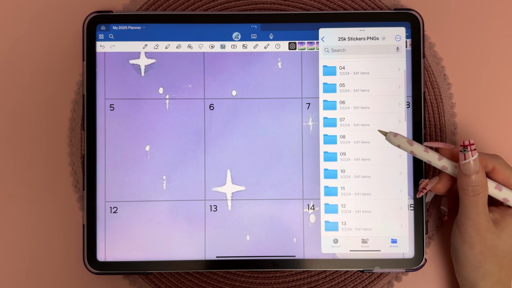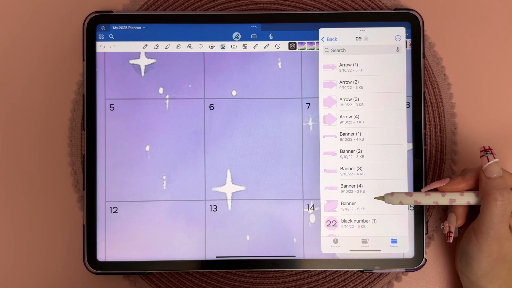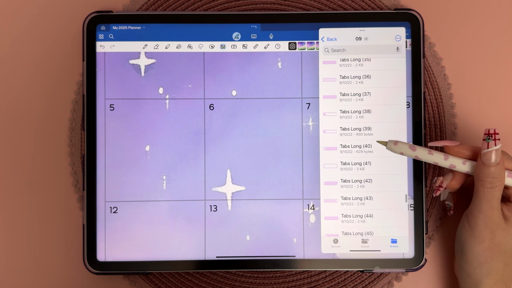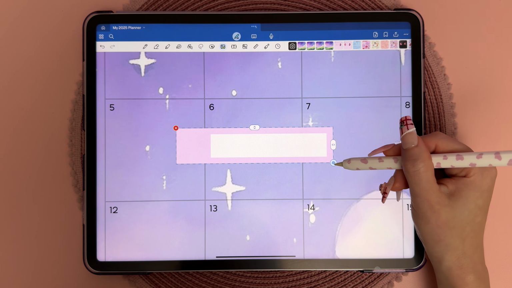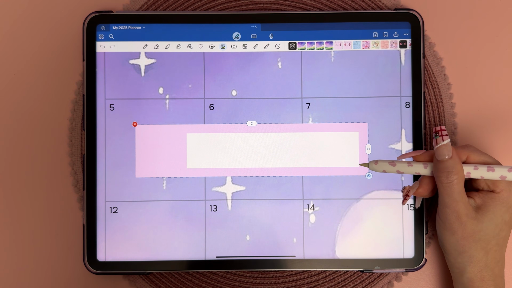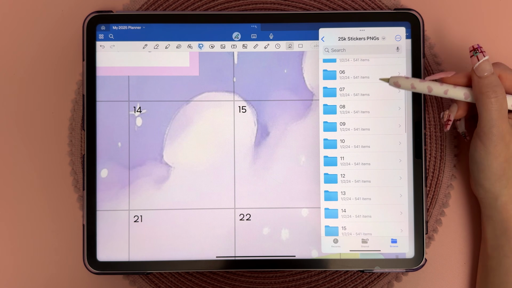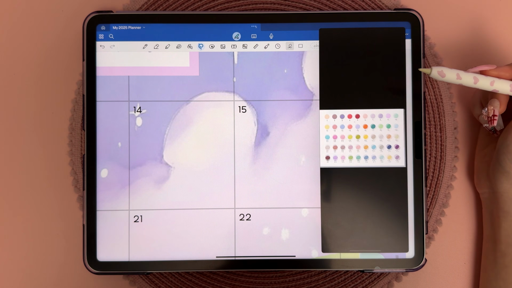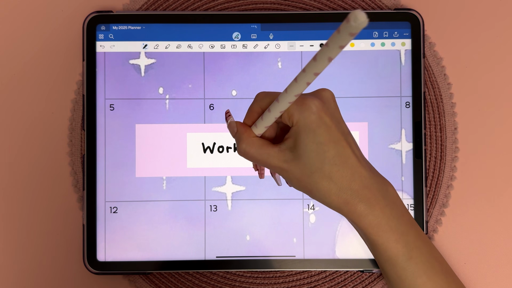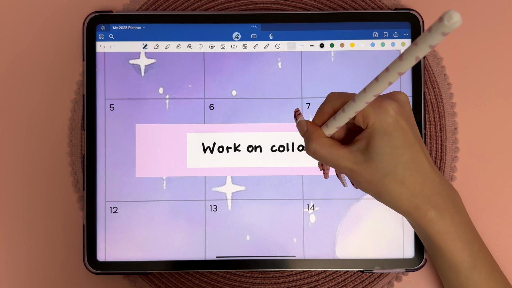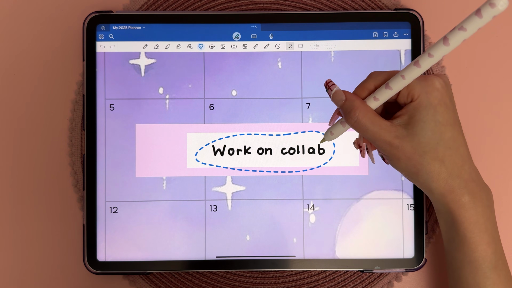I drag and dropped a sticker from my files, and I keep my larger sticker collections organized in folders within the Files app because it's much easier to sort and access them that way. These are the stickers that come with the planner bundle, and I use this palette to help me see the folder numbers that correspond to each color. On the planning side, I added a sticker for upcoming social media posting dates,